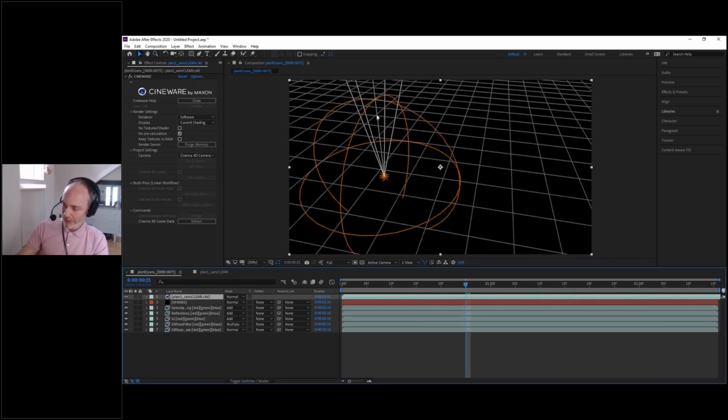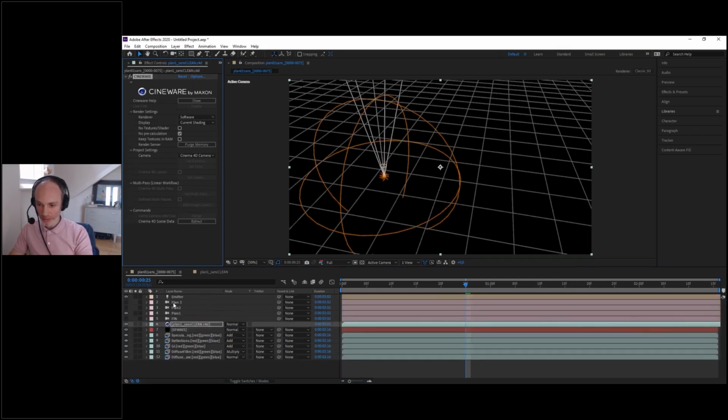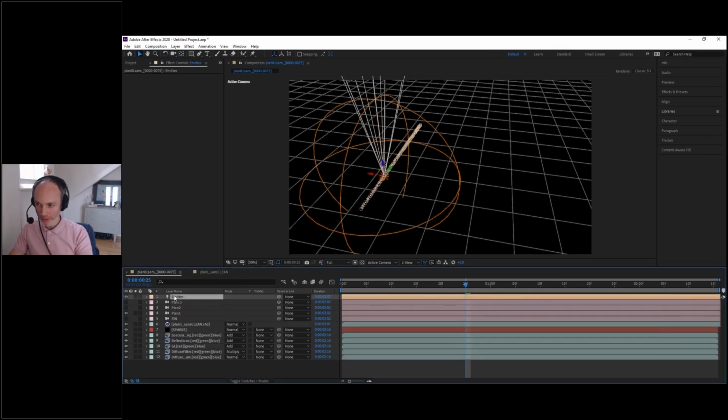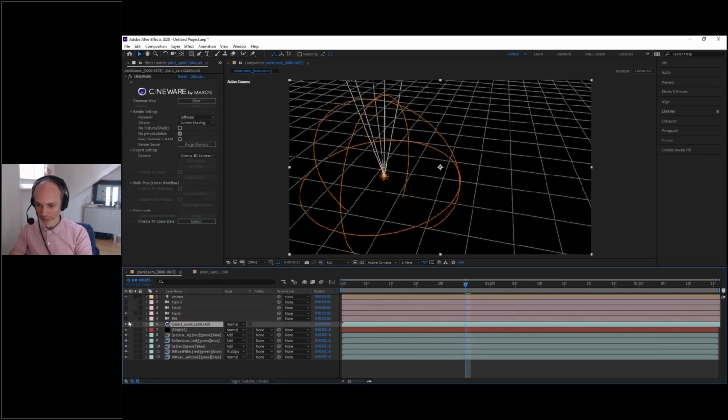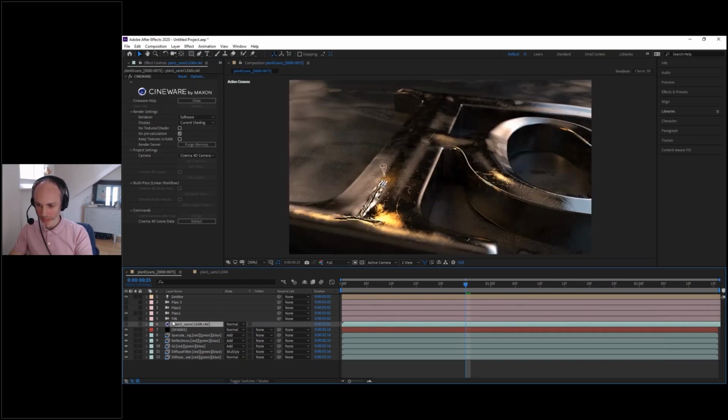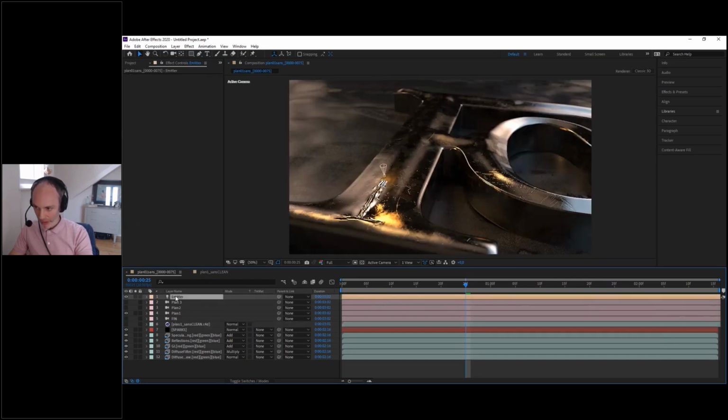This is a Cinema 4D light, a standard light I added in my original Cinema 4D file to follow the welding here. So now when I use Cineware and I extract Cinema 4D scene data, it's going to create the cameras and the emitter here. I don't need this shot, this layer, anymore. I can mute it. And I have my emitter with keyframes and my camera with keyframes.